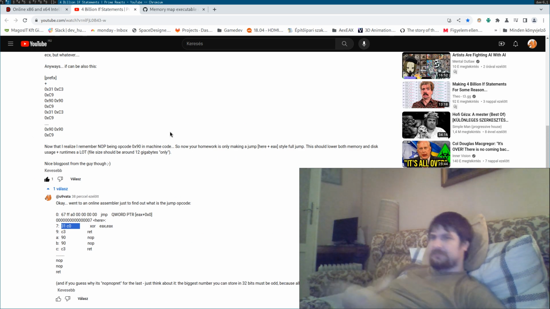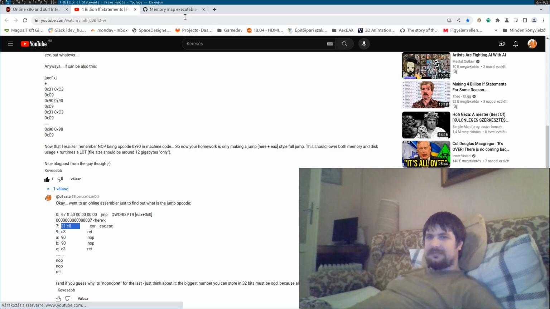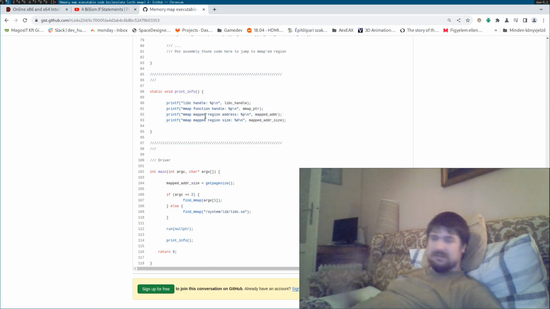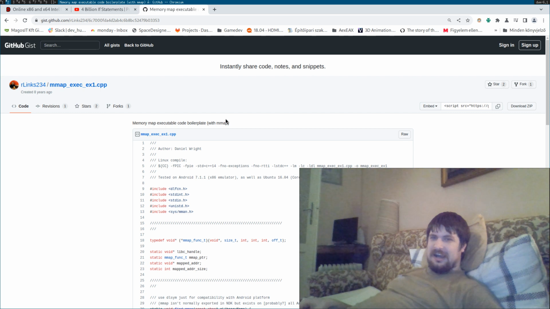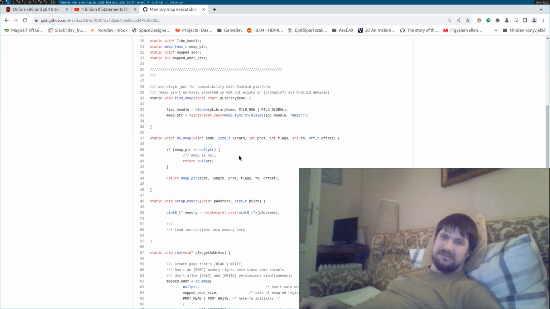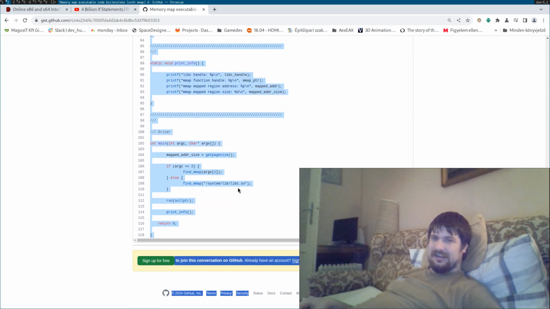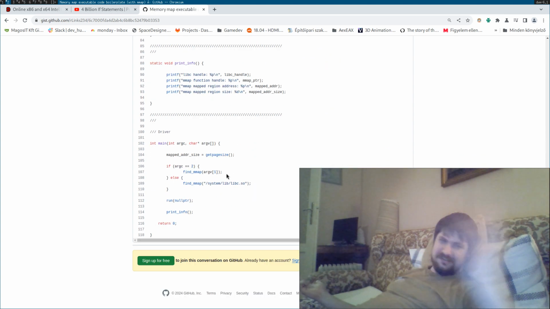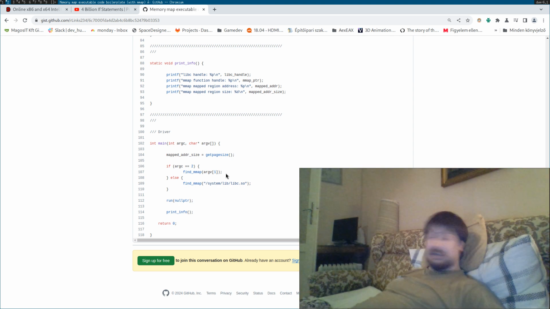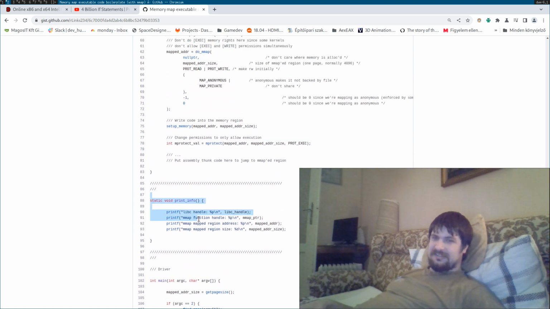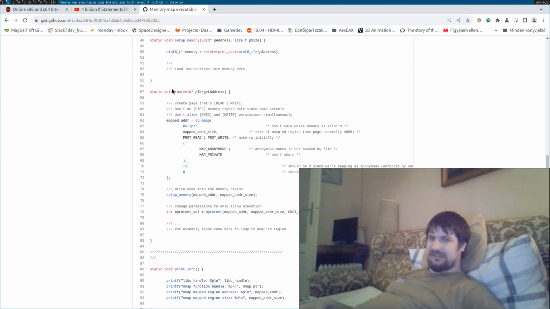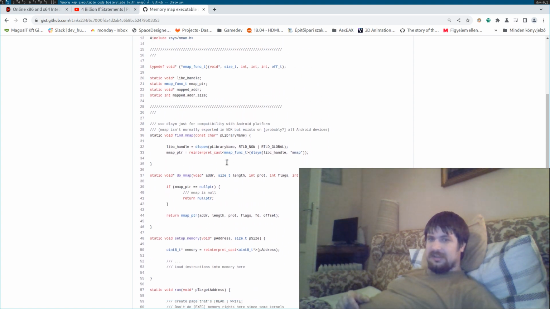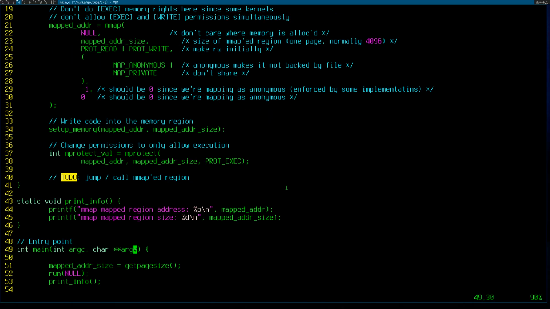So that's what we will do. For that, I just Googled a little bit, how to make a memory map something executable with mmap. And here is a lot of boilerplate code for Android, which is nearly Linux. So I just thought, let's grab this. It was C++ instead of C, even though using printf and this kind of old style, nearly C style, it was C++ because it has reinterpret casts and stuff. So I just made a C version here,